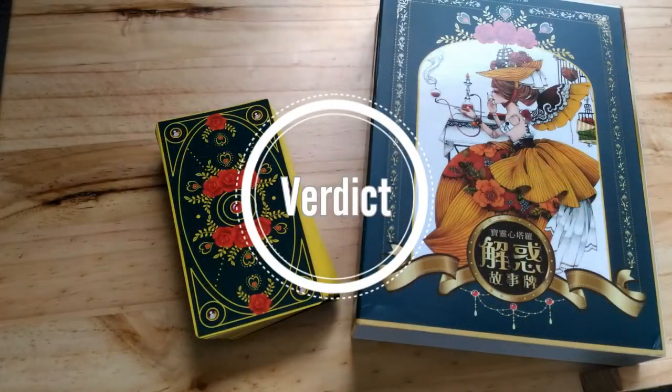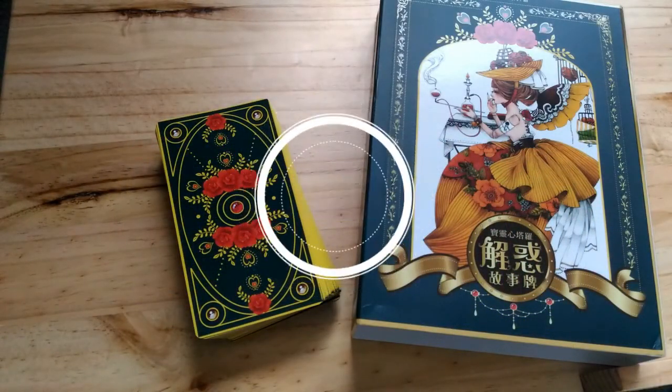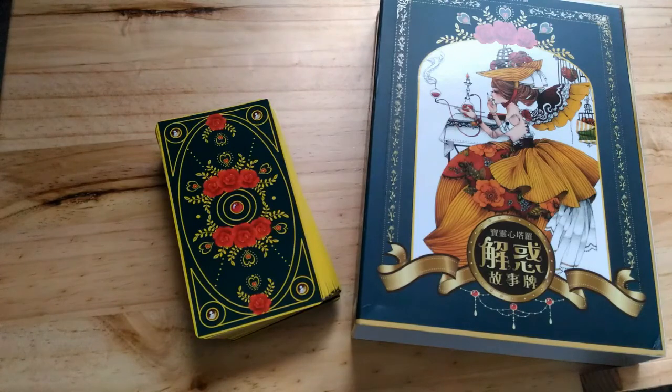So overall, as a verdict, I feel like this deck is mostly good as a collectible. It's very pretty, very gorgeous, the artwork is just amazing, there are lots of interesting details to look at, and each time you look at a card you discover something new. Some of the symbols are interpreted in a really fresh way, and the whole European and Asian fusion thing is really nice. But like I said, when it comes to actually using these cards to do readings or interpreting the symbols,